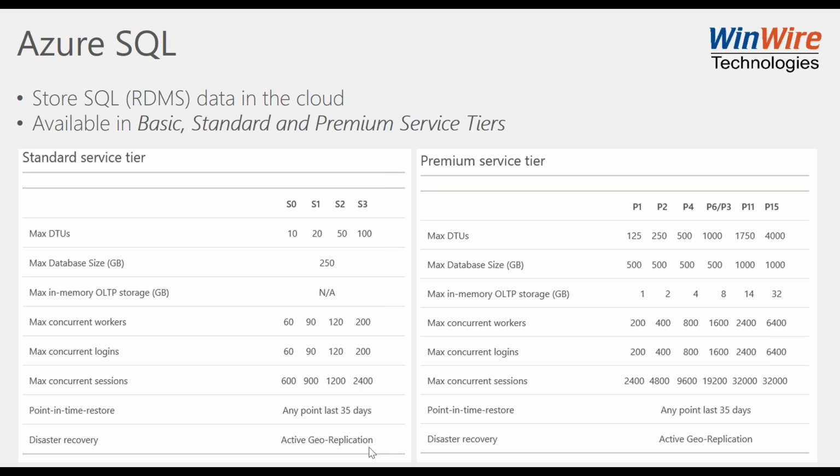and then you can also see the scalability that goes through. The point-in-time restore is identical, and then the active geo-replication, the same features are available. I do want to caution folks that if you're going to use this, it's not necessarily included in the price. Okay, so that means there's an additional price to use this feature both here and both here. So just keep that in mind as you set that up.